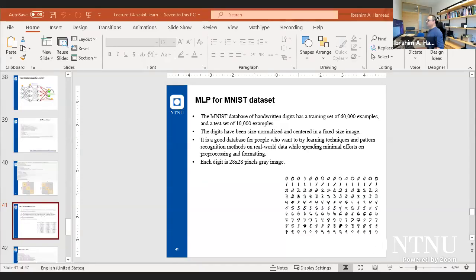So now we have been working with numbers. The features are just numbers. Now we need to work with an image. So we need to work with the MNIST dataset, and the MNIST dataset